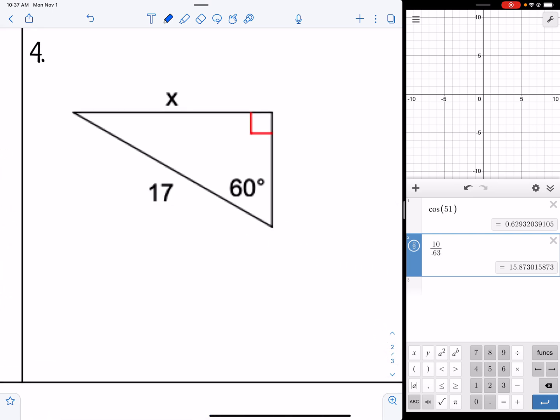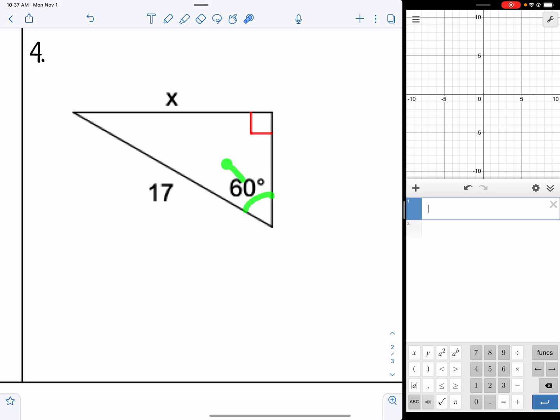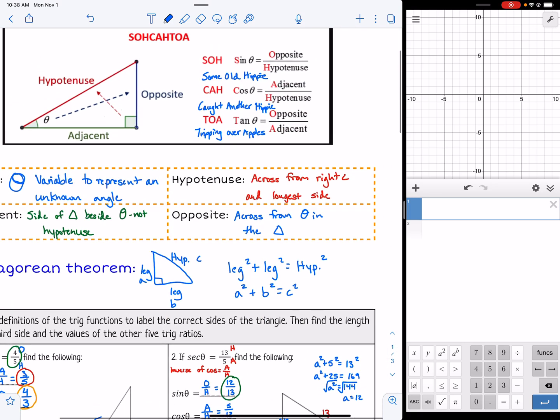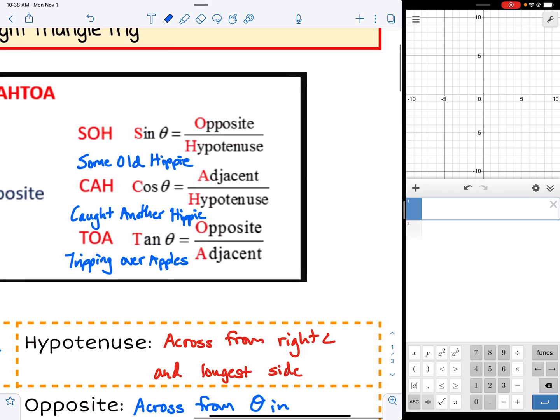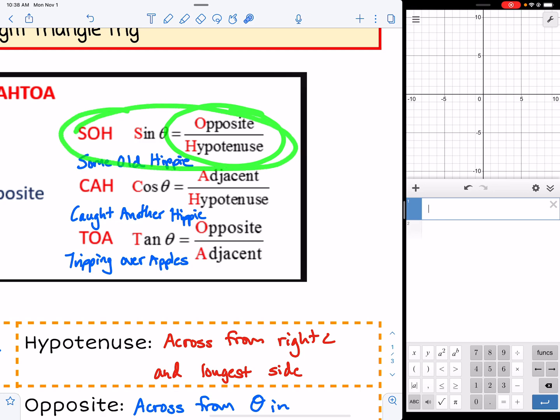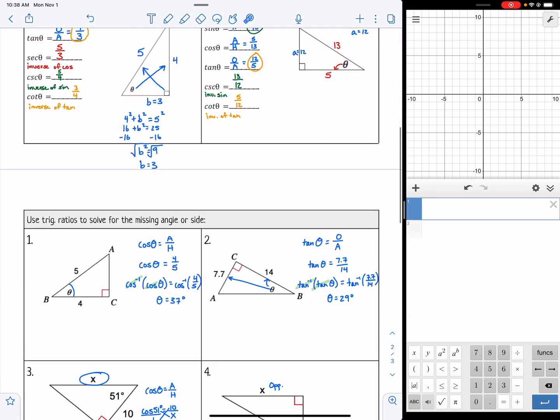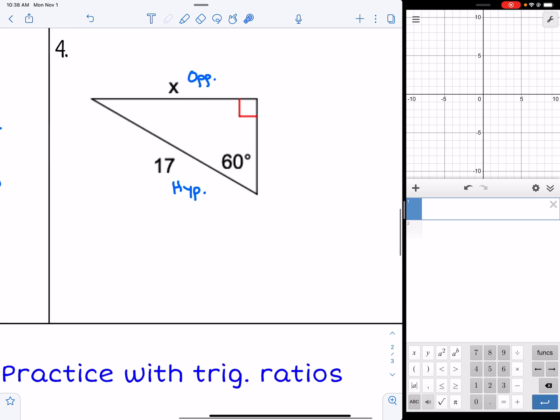So let's look at this last question. Look at what you're given. You have the angle of 60 degrees, you have the opposite side labeled as x, and then you have the hypotenuse labeled as 17. So if I have the opposite side, and I have the hypotenuse, and I have the angle, what would help me with that? I have opposite, and I have hypotenuse. So I see those right here. So sine is definitely going to be the way I want to set this up. So let's go back and set it up with sine of theta